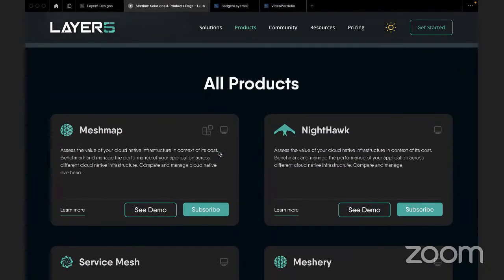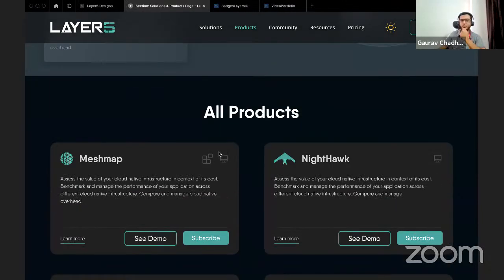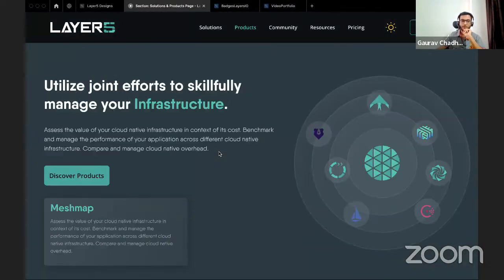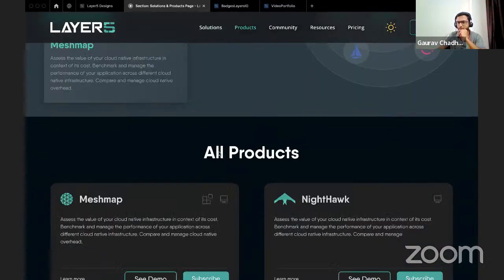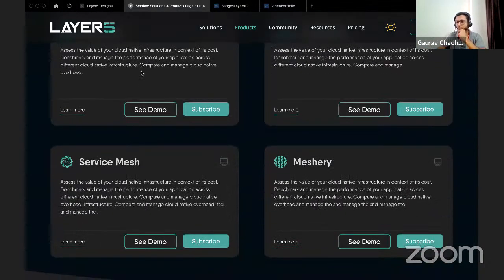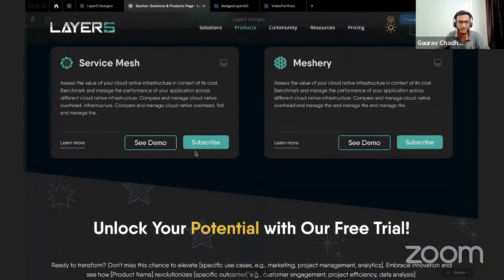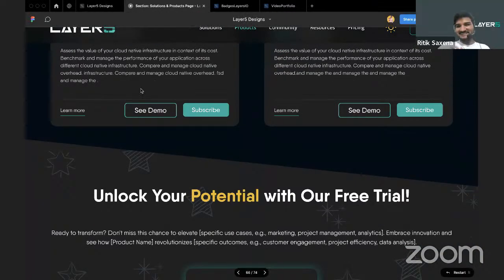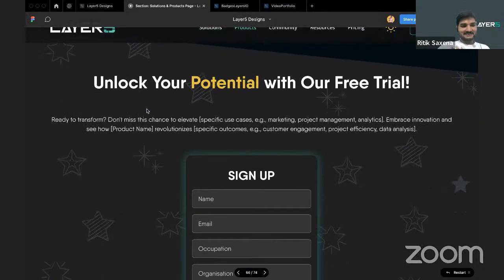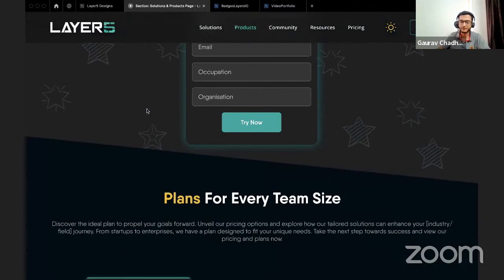All right, any other suggestions? Overall the page looks clean and great to me. So let's take suggestions from others. I think Ritik and I should be quiet for a minute, and if anyone else has feedback, feel free to chime in. This is your chance to give feedback.